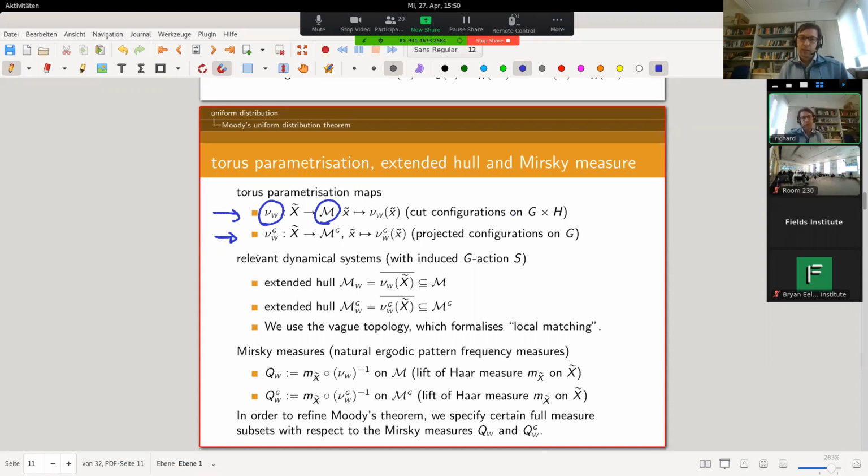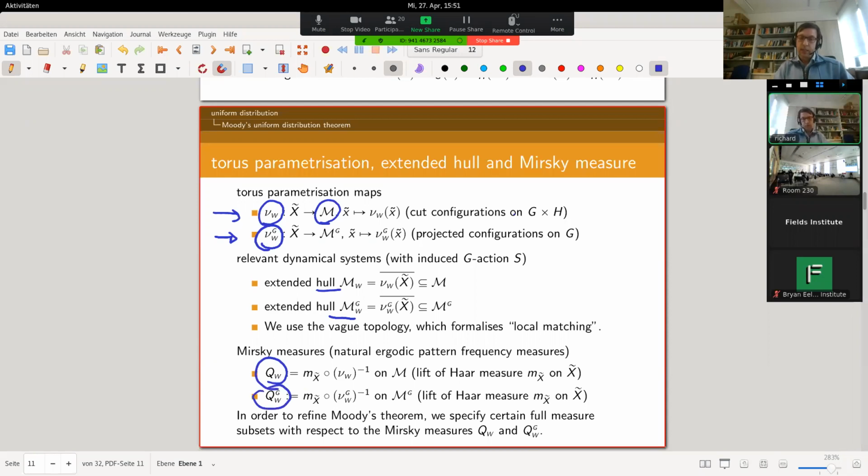And likewise, you have a map nu WG, which gives you the projected configurations on G. And now you look at the extended hulls and give them the vague topology, which formalizes this local matching idea: two point sets are close if they coincide on a large ball around a given point. And then, of course, you have also on these dynamical systems natural measures, which are the lifts of the Haar measures. And we call them Mirsky measures because,